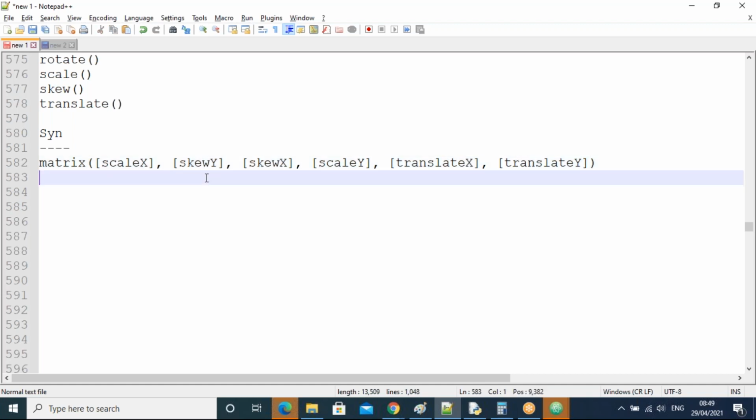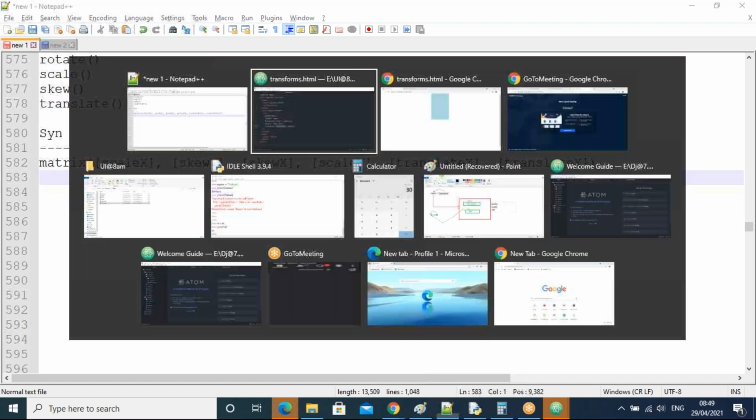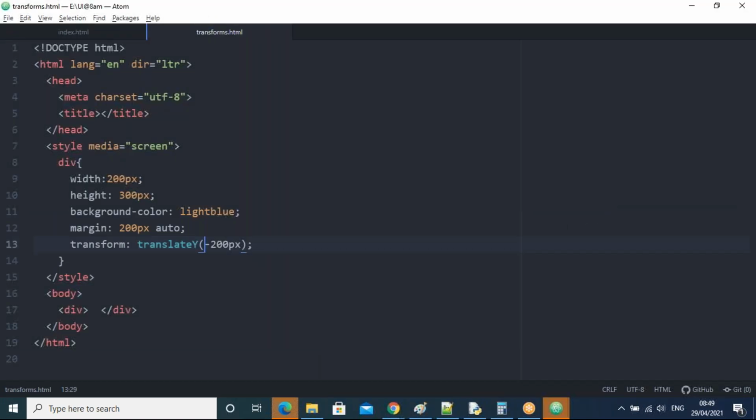Now I'll take one simple matrix with all these values, and all of you observe how it will work. Let us take transform, matrix of, and I give all the values.